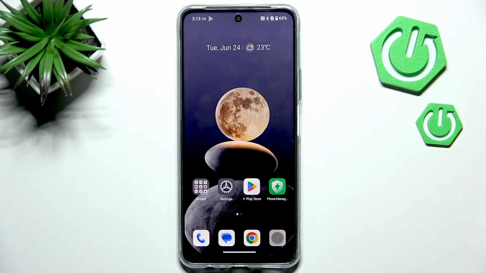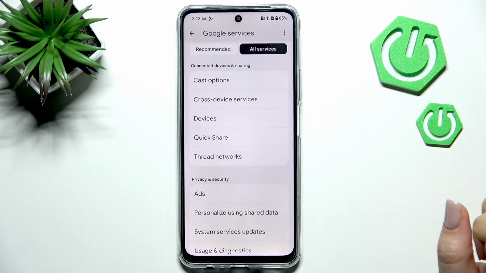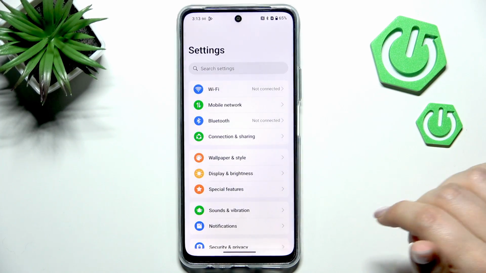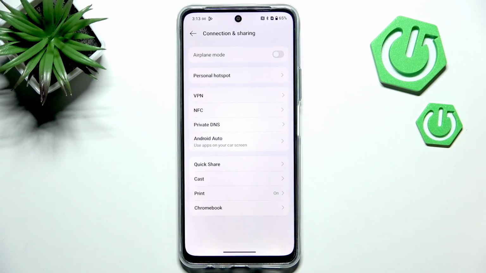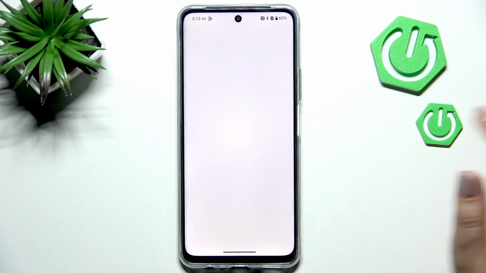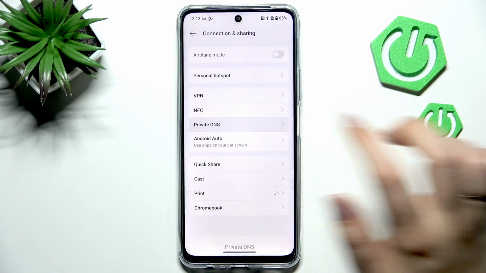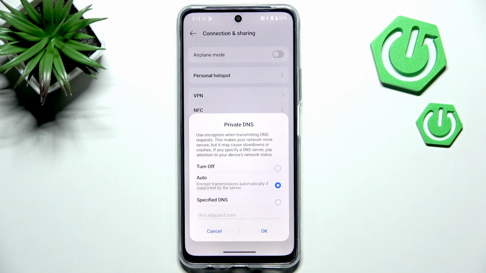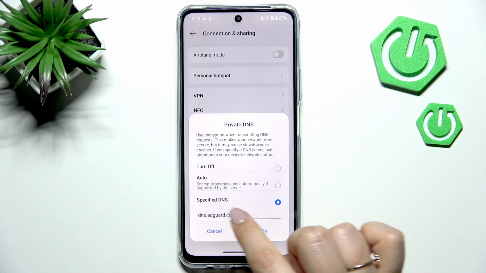And the last thing which I'd like to show you is the private DNS. So let's enter the settings. Right here we have to scroll to find connection and sharing, and then find private DNS. So right now we've got the automatic option, but I highly recommend to simply mark specified DNS and enter